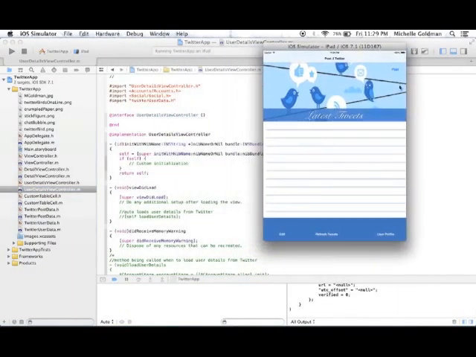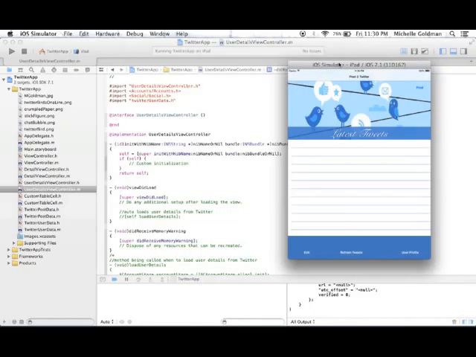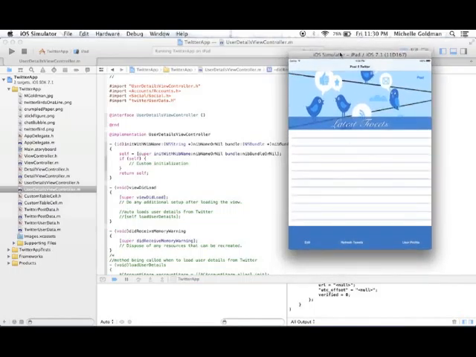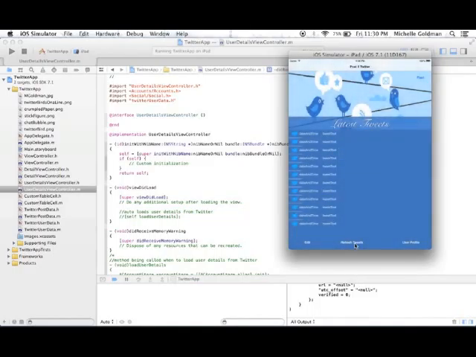Okay, so I could not get the timeline to load into the table view. I'm not quite sure what it is that I'm doing wrong. I've got absolutely no errors, no issues in the code that I can see, but it's not showing up. If I hit refresh, it does run the refresh. I get the alert,